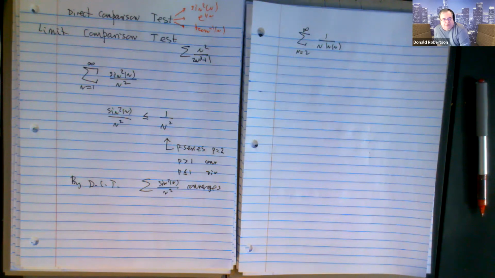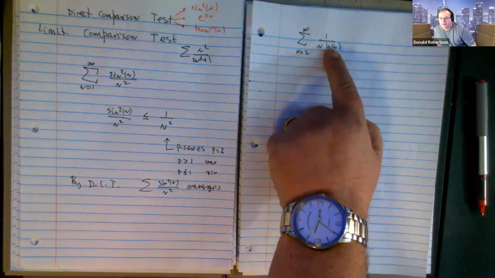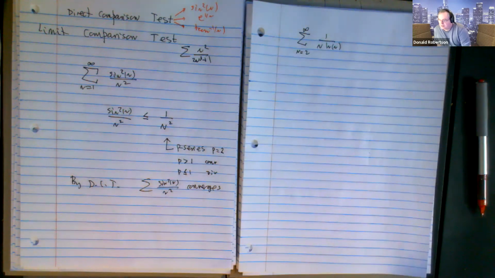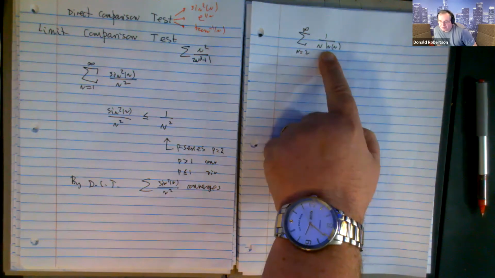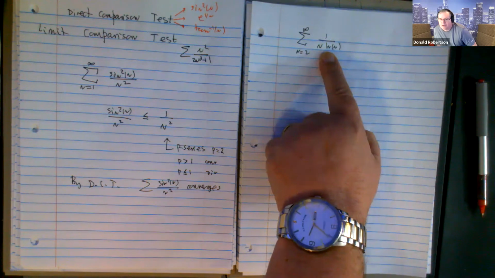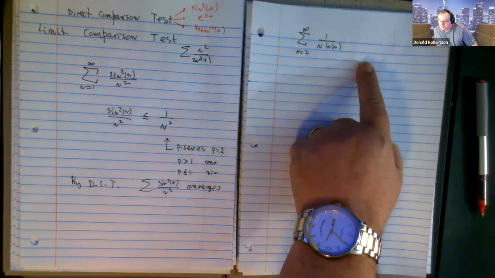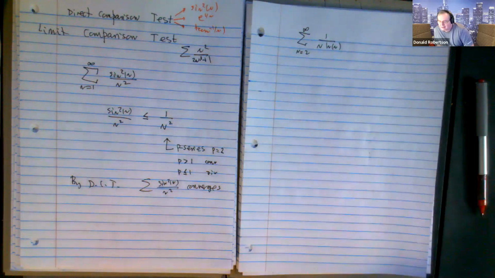He looks like a direct comparison test because he has this ugly thing in it, right? And it is. If you try to use the limit comparison test, you end up with a limit equals 1. And a limit equals 1 means you don't know, right? That's what happens when you do that. So it's not a direct comparison test because you can't really compare that to a p-series. I mean, you might think you can, but the log n kind of wastes it,